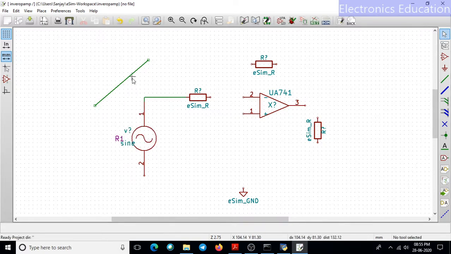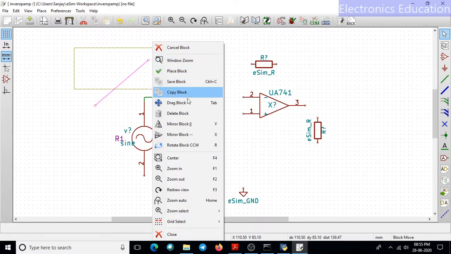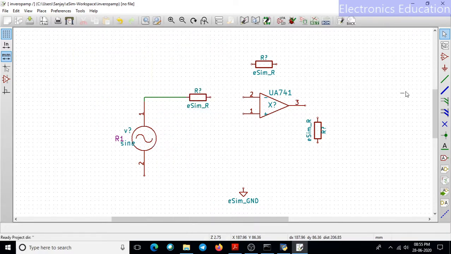Or simply we can select it like this and press delete. So delete this particular block. The wire is deleted now.